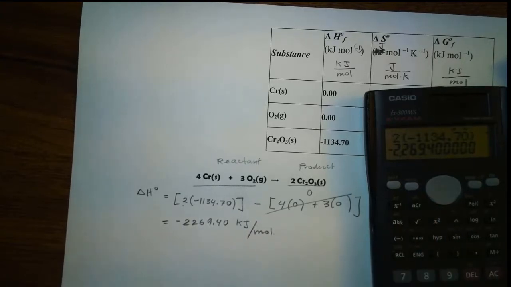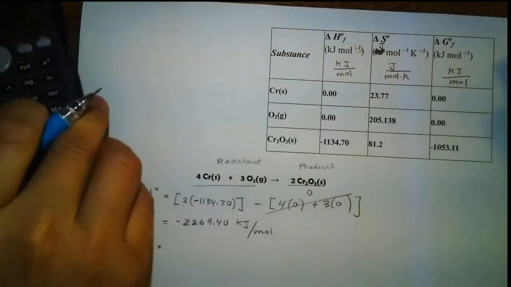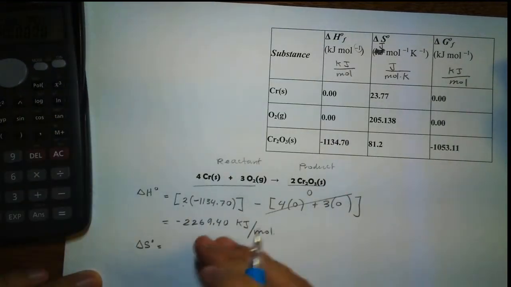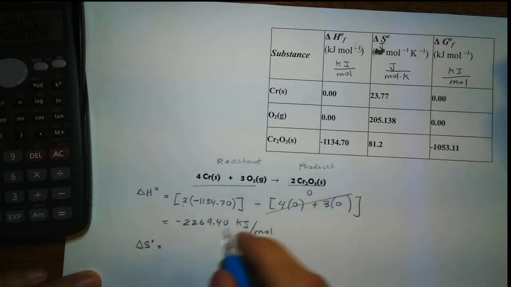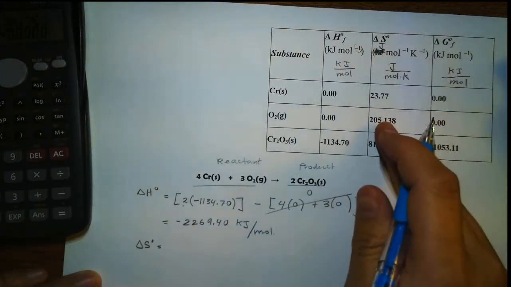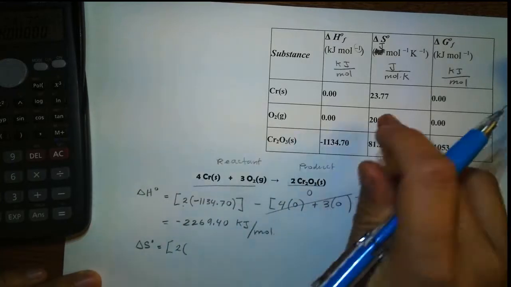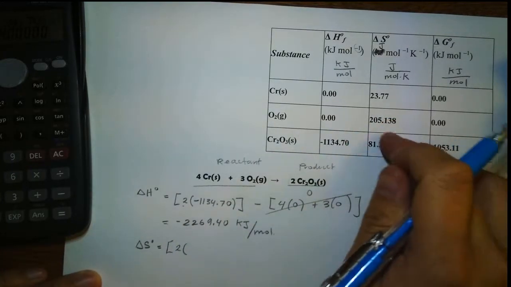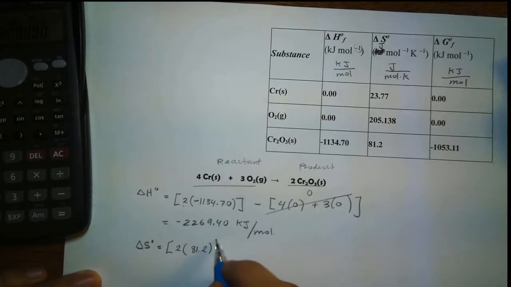we are releasing heat. Now let's solve for delta S naught. We're doing the same thing. We take the sum of the products minus the sum of the reactants. In this case, for the product, the value for this compound, again, it is 2 times its delta S of formation, okay, because we have 2 moles,